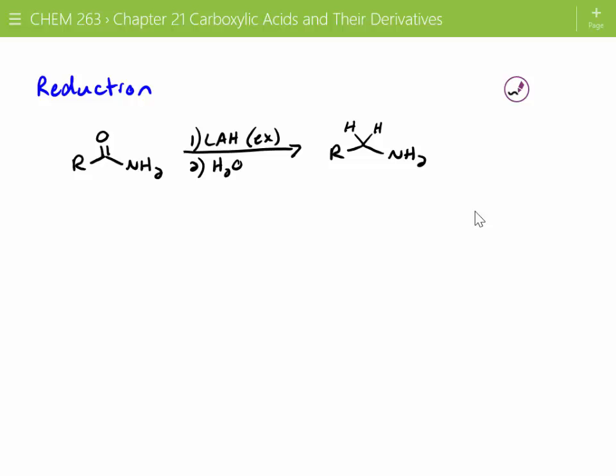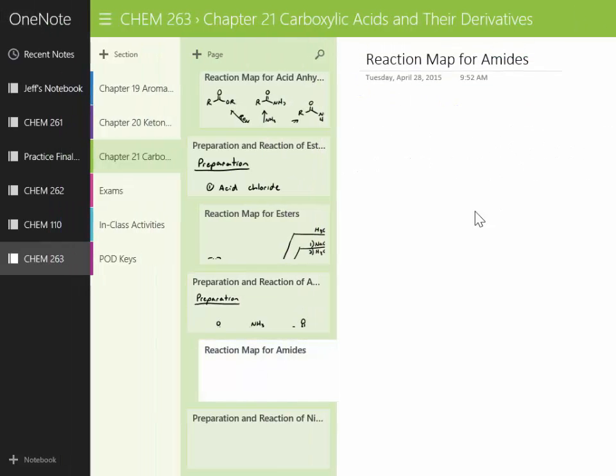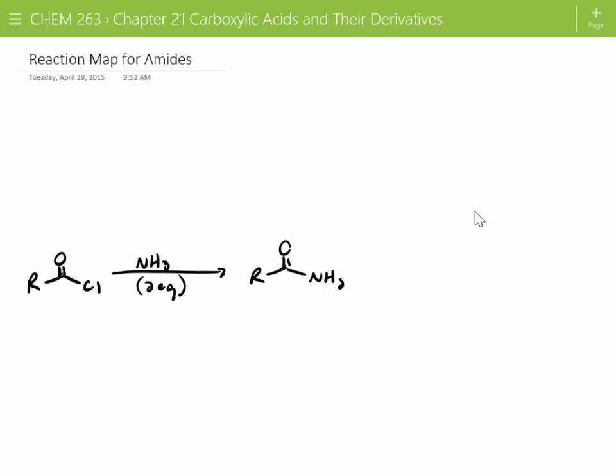All right. So now let's go make a reaction map, just kind of like we've done in the previous chapters. So we said the main way to make amides was from acid chlorides, and we add in ammonia, and we need 2 equivalents at least, and we can form our amide. Then from here we can go to our carboxylic acid,